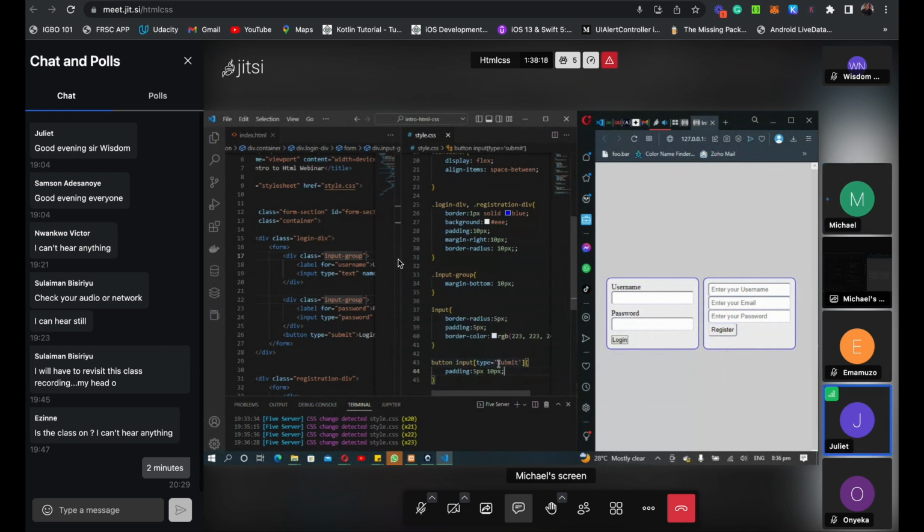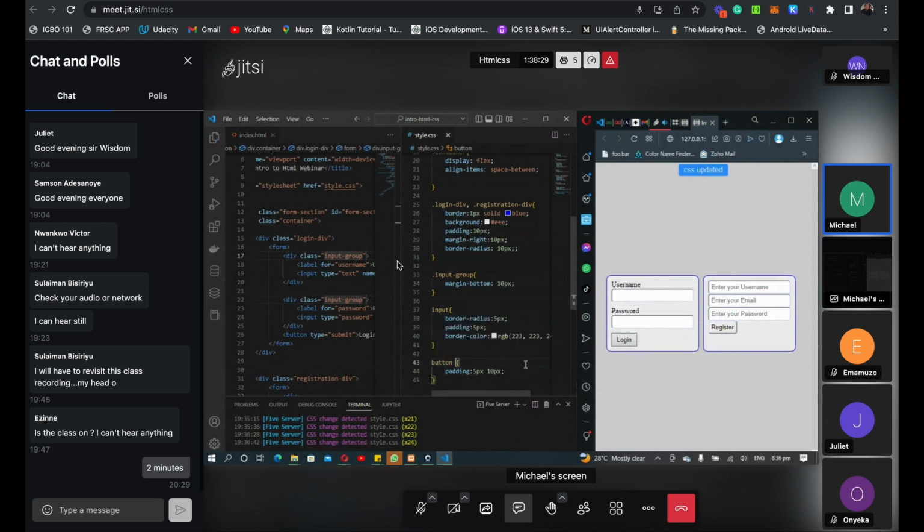nothing happens. Let me see. I think there's an error somewhere. So let me take a look at this first of all and see where the problem is coming from. Okay, I think this is my error. I didn't actually put a comma here. So it was looking for this particular selector within the button, but it's not there. So I'm going to use a comma to tell it that it is two different elements. So by the time I save it now, you can see that it now works for both this and this,